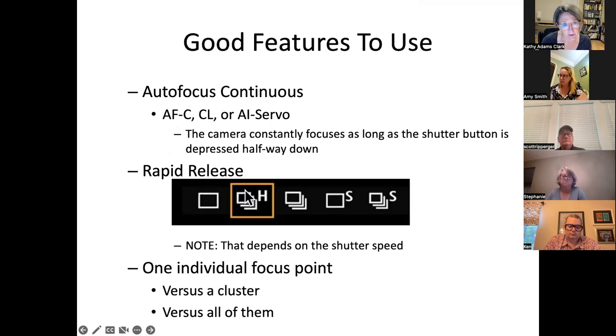Your rapid release is the 3 pieces of paper on top of each other. And look on the back, you'll see that icon as well, the 3 pieces of paper on top of each other. And this simply means that as long as you hold your button down, the camera will just keep taking pictures. So some of you have a 3 pieces of paper,